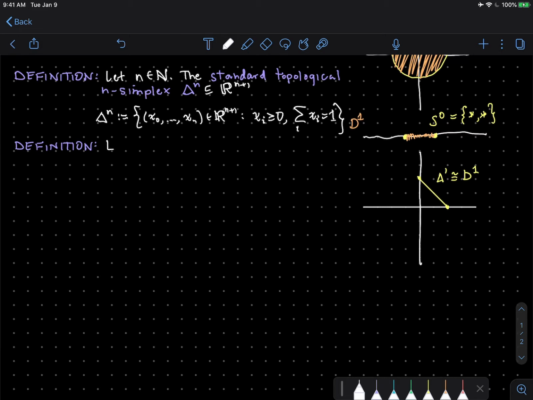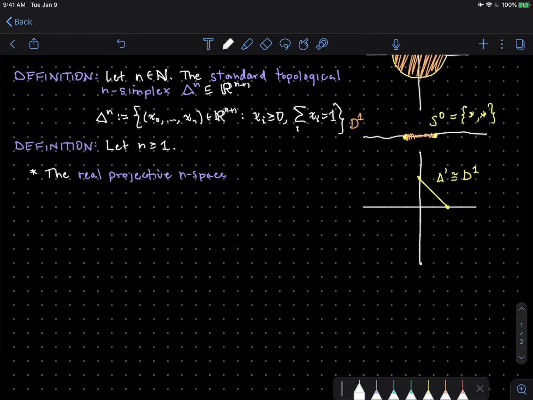Okay. So let's take an integer n greater than or equal to 1. Then, first of all, the real projective n space,